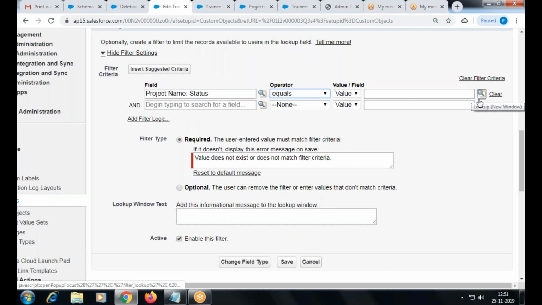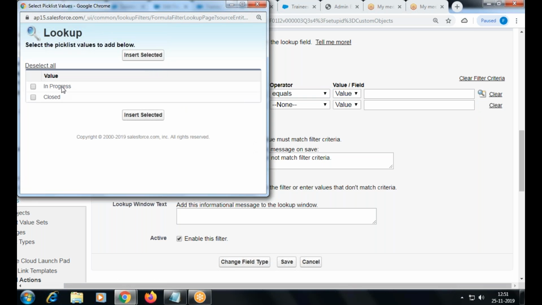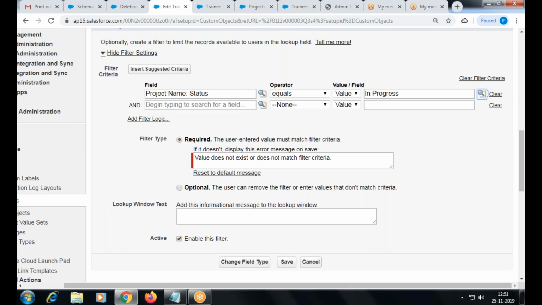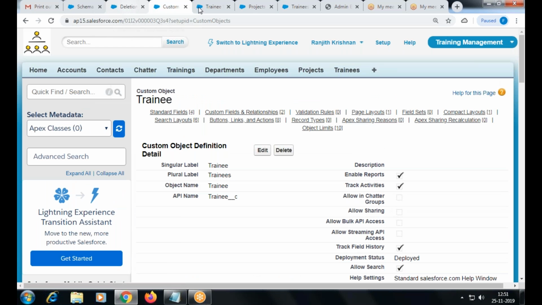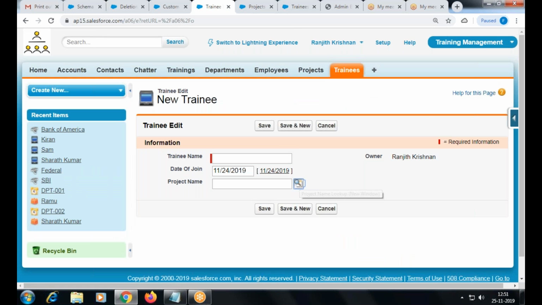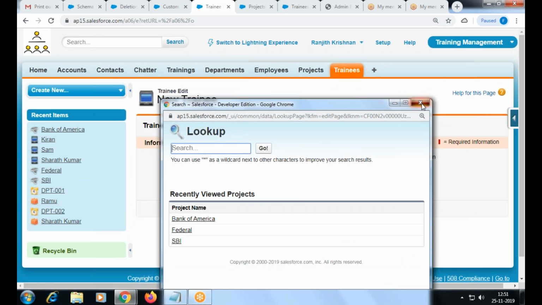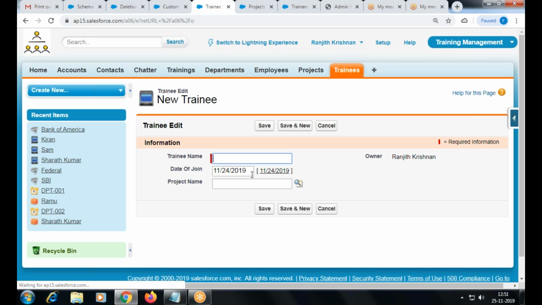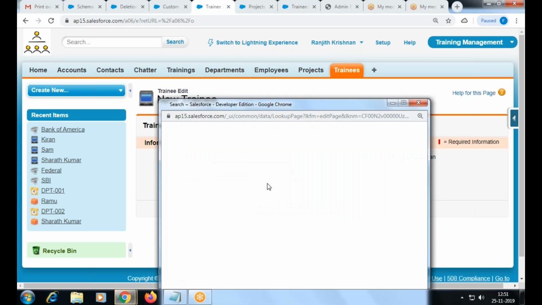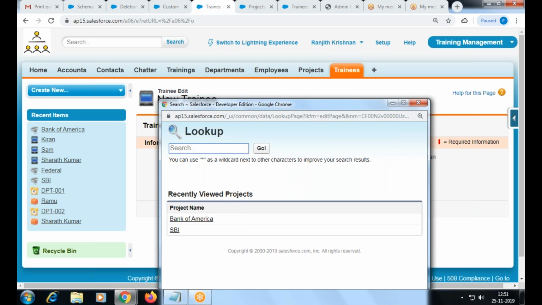It's a picklist, right? So normally it appears. Which one? In progress. That's all. Save. Okay. So I go here, look up. We need to refresh, I guess. Okay. Look up. Only 2 records show, not all the records. It's clear to all of you, right?